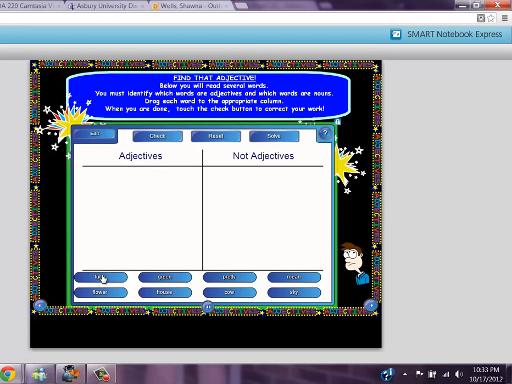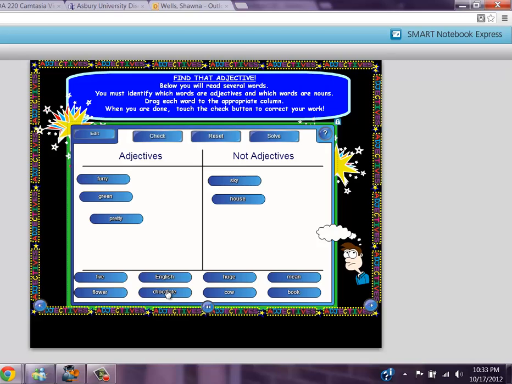In this box, we will practice with what are adjectives and what are not adjectives. For example, the word furry is an adjective. But the word sky is not an adjective. The word house is not an adjective, but the word green is. The word pretty is an adjective, but the word chocolate, which could be confusing maybe, because you